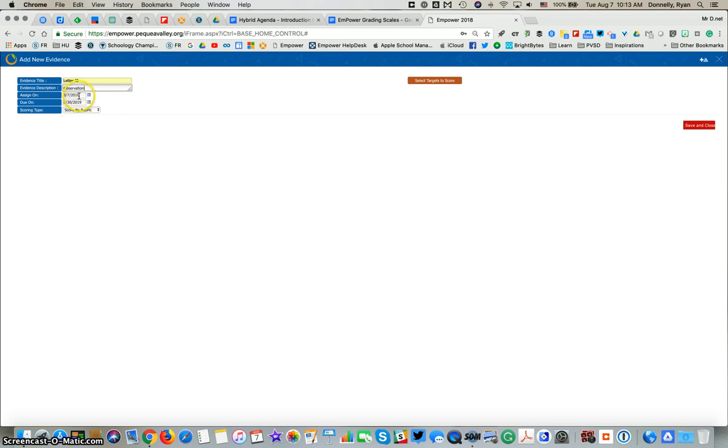I'll go ahead and assign this an active date range, so it'll start today, it will end at the end of the school year, and then I'm going to say how I'm going to score this. So I can score it by a rubric, I can score it by points, or I can assign it to a teacher resource, which would be something like a checklist that we've built into Empower. Since we haven't built those in quite yet, I'll go ahead and score by points. I'm going to assign it 26 possible points. They're simply going to point to all the uppercase letters and